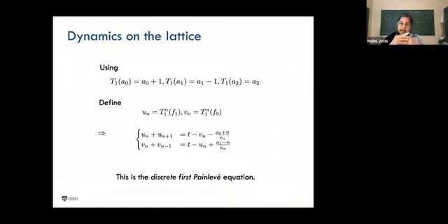Actually, I have to be strictly correct. The term discrete Painlevé 1 is used for a scalar version of this system, which you get if you're assuming that the u's and the v's are symmetric. In the Japanese school, the system of two components, u and v, is sometimes called discrete Painlevé 2 for other reasons that I won't go into here.